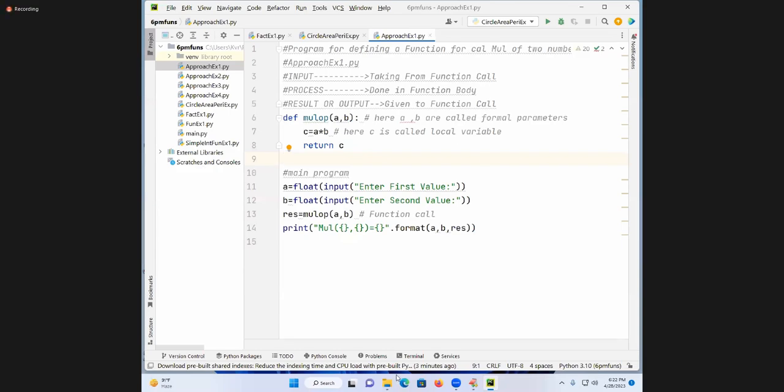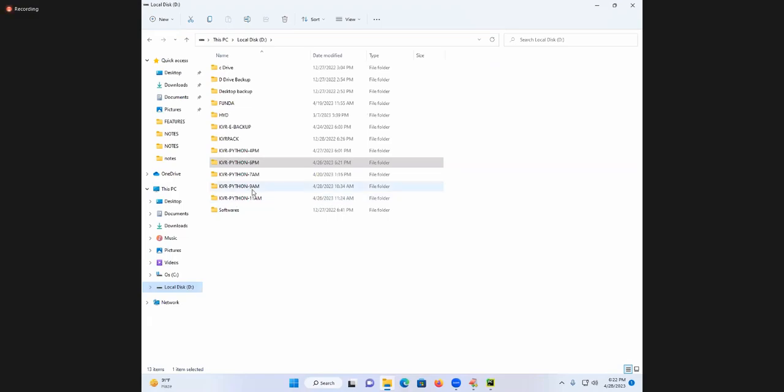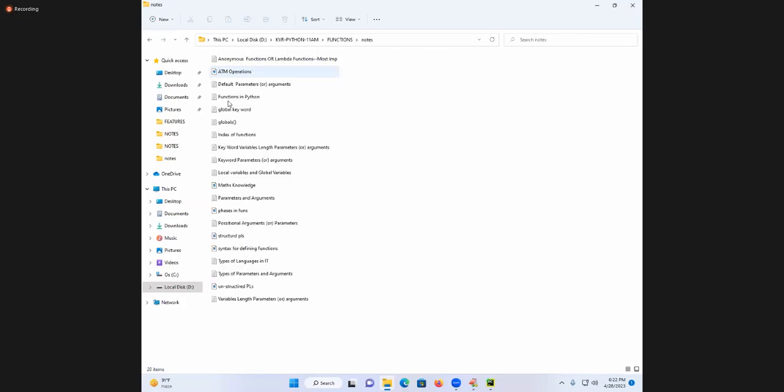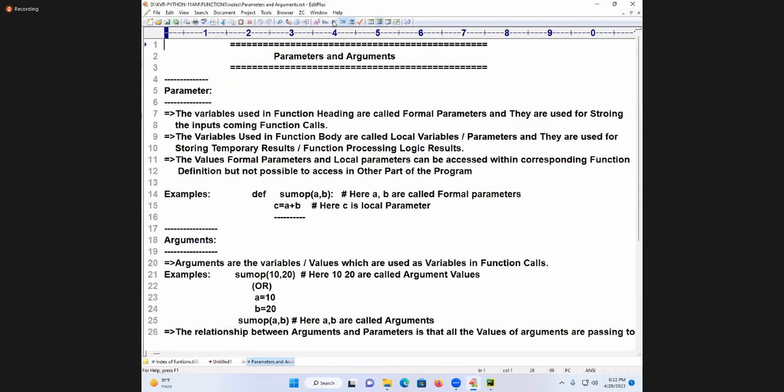Now I am going to open a small explanation, students. Instead of typing it, I want to concentrate more on the topic. I will take it out, and here I want to discuss arguments and parameters. So I'm going to introduce a small concept here. Please read out, all of you. Start. What is that? Parameters.